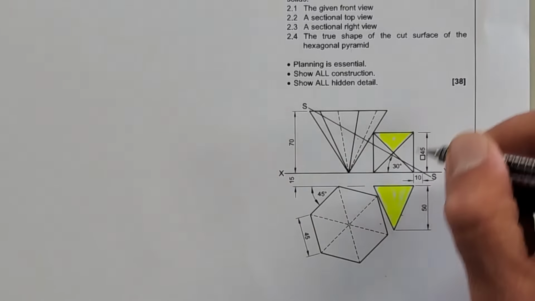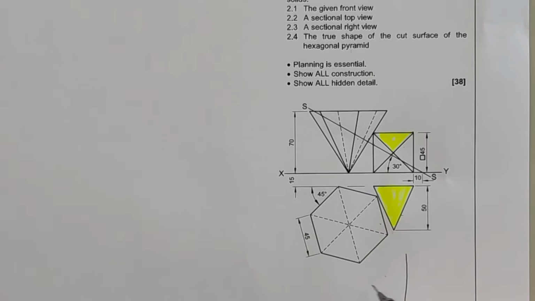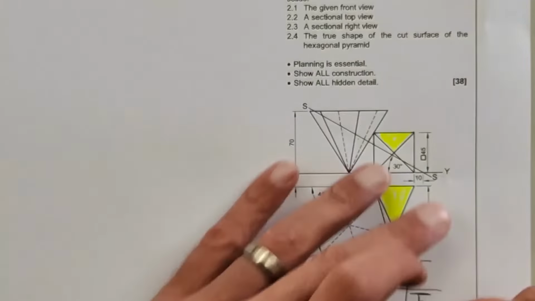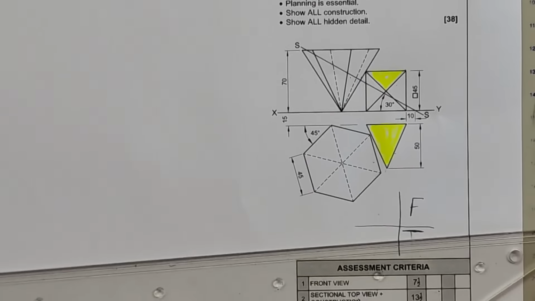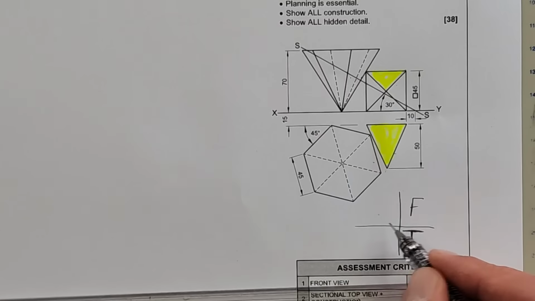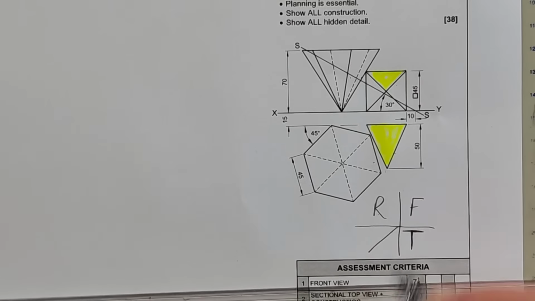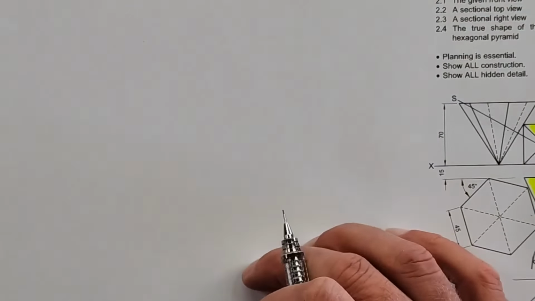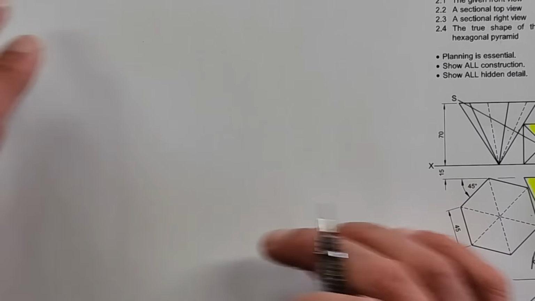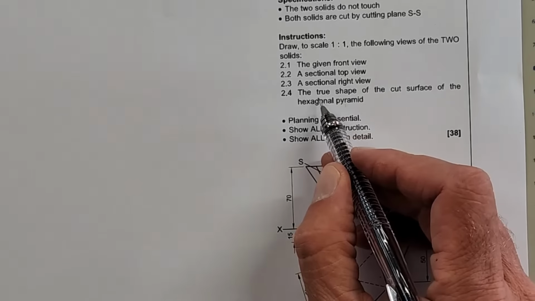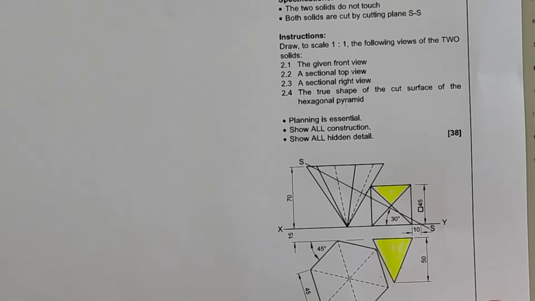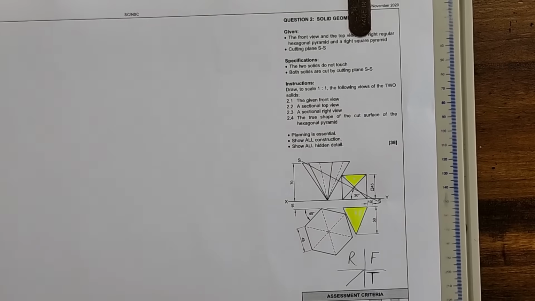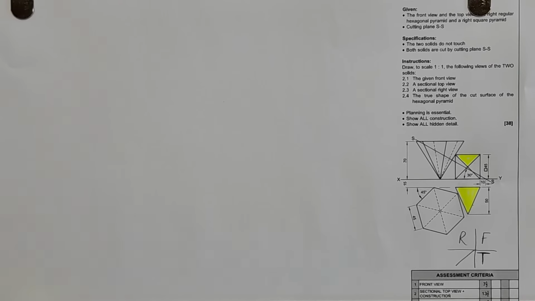Now here you also have to remember first angle orthographic projection. If I have my front view here and my top view here, my 45, then that's going to be my right view. Happy? Okay, so on my placement on this page, I'm going to have front, top, and right view here on the side. Okay, and then they want us to draw the true shape of the cut surface of the hexagonal pyramid. Planning is essential. Show all construction, show all in detail. Now for this, we only have 35 minutes,